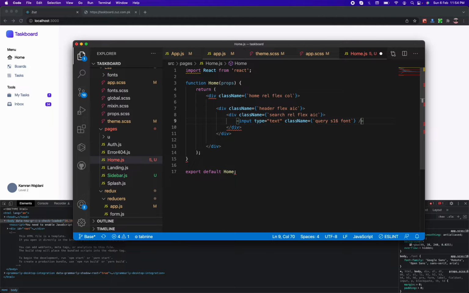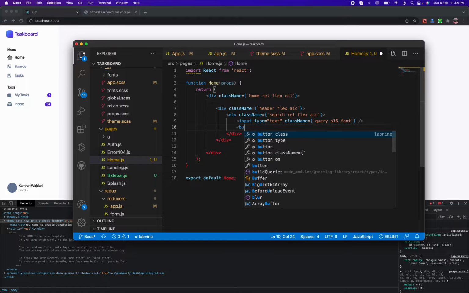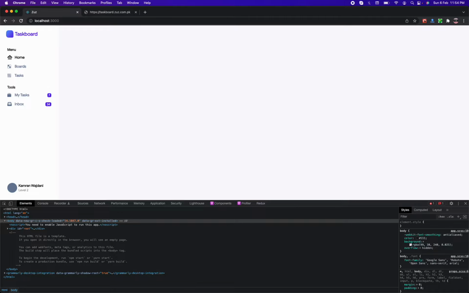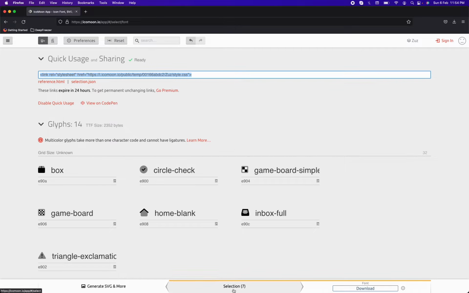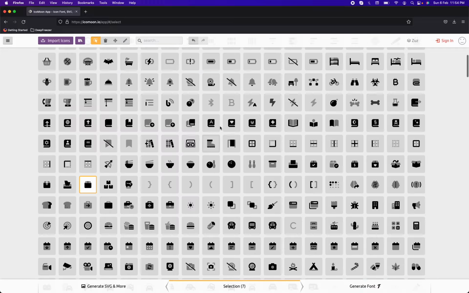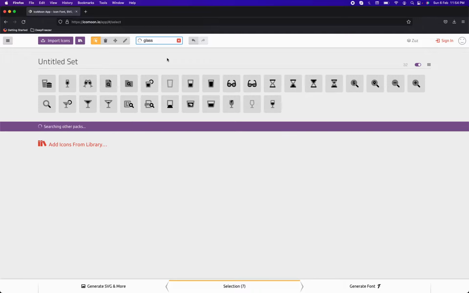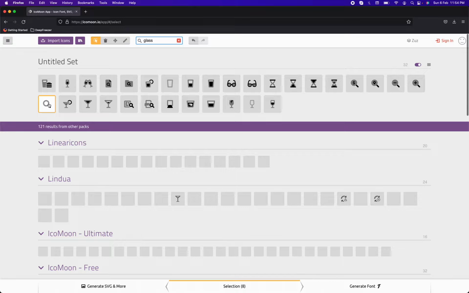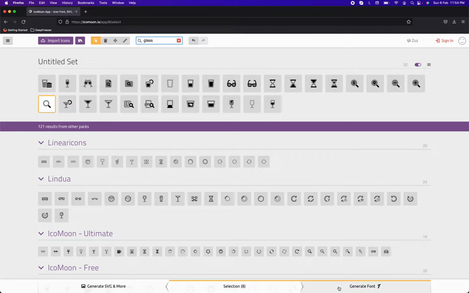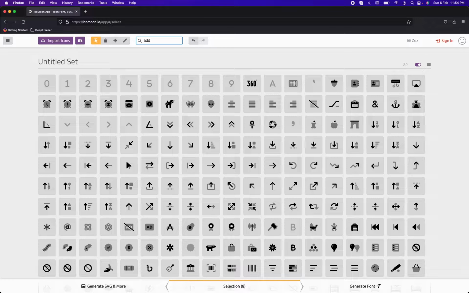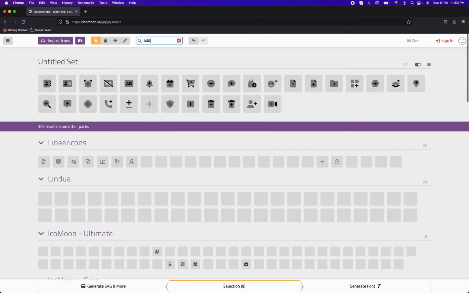And we need a button, and for button I need class name icon, and we need a search icon. Let's go inside selection for isomon and search for glass, and here is the search glass. Go back. Well, I need one more. Let's search for add, and the add will be